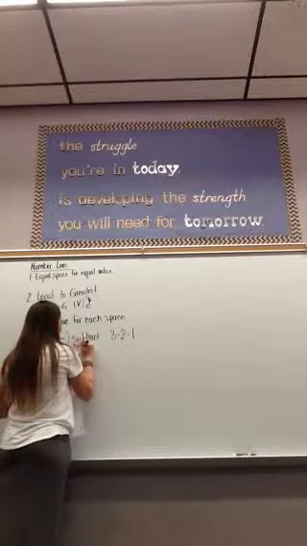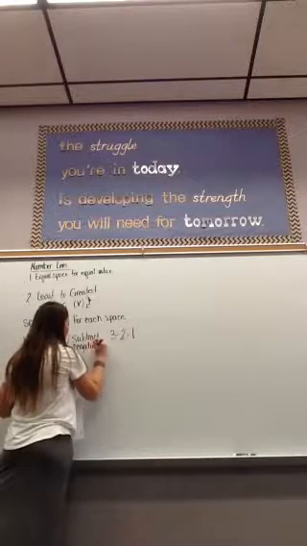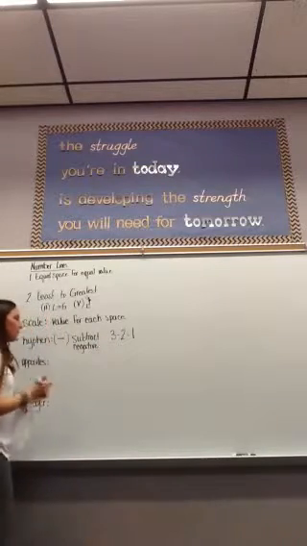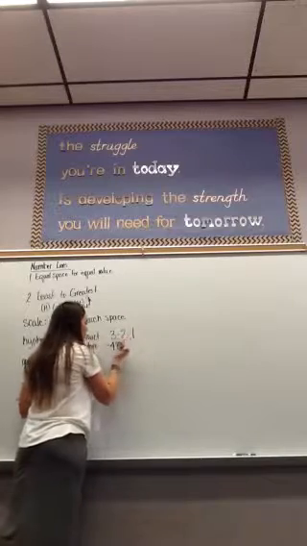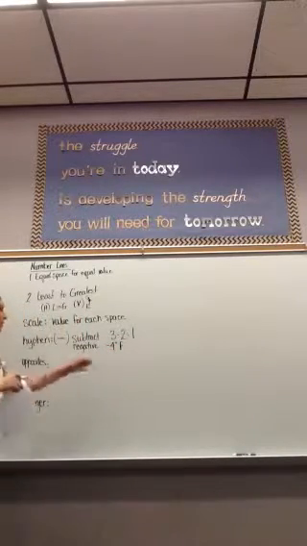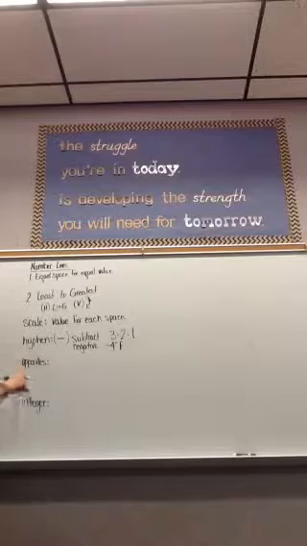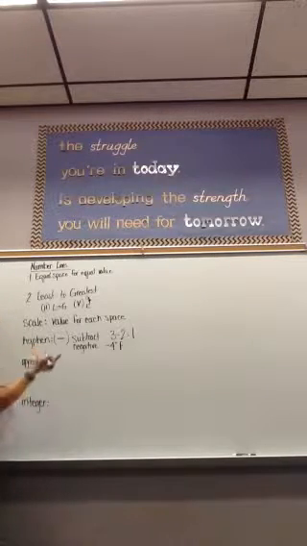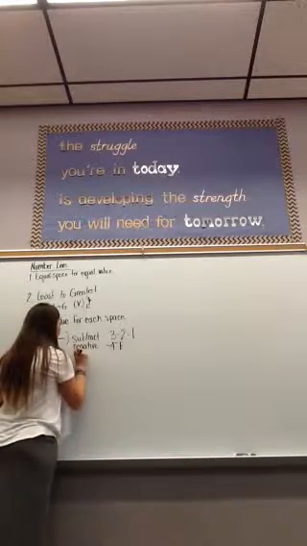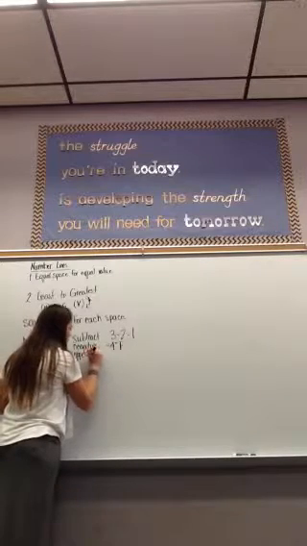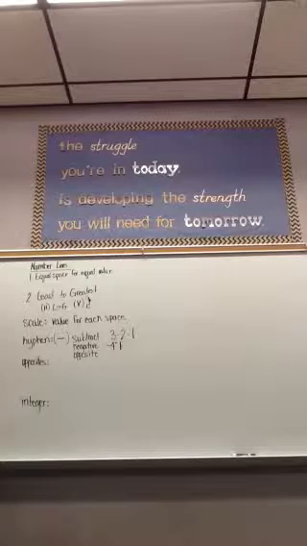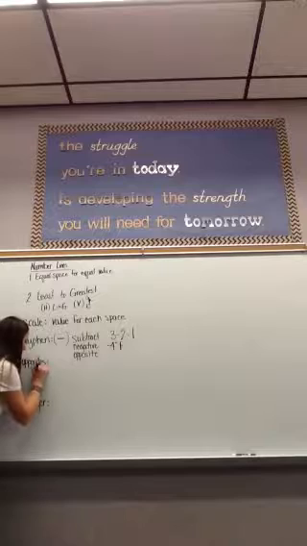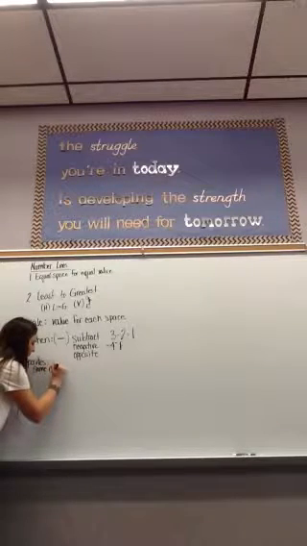We've also seen it with negative numbers. The temperatures lately have been very low, so maybe at night it got down to -4 degrees Fahrenheit. So here's a hyphen showing that it's below 0, -4 degrees. And then a new meaning for the hyphen that we're going to talk about today is that it means opposite. So when we talk about opposites on the number line, opposites are the same distance from 0,